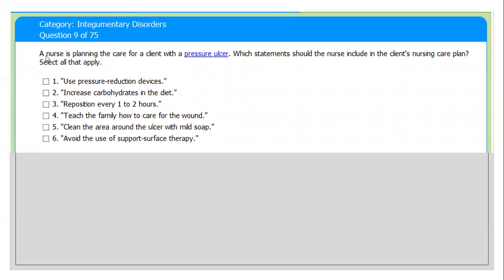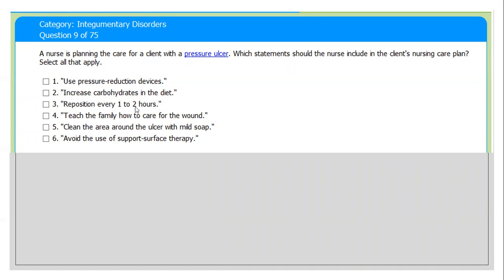So, question A, a nurse is planning the care for a client with a pressure ulcer. Which statement should the nurse include in the client's nursing care plan? Select all that apply. Number 1, use pressure reduction device. Number 2, increase the carbohydrate in the diet. Number 3,